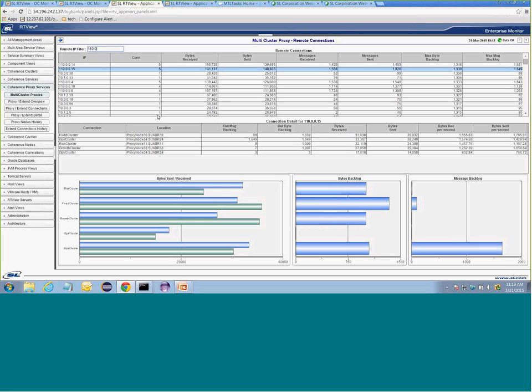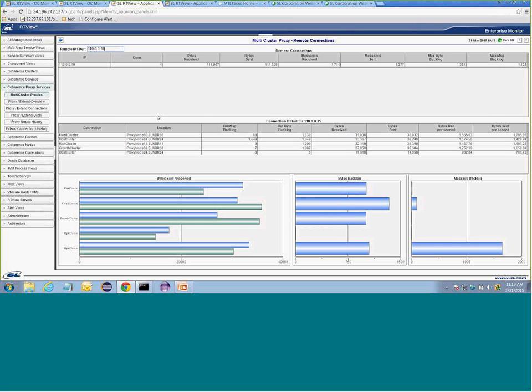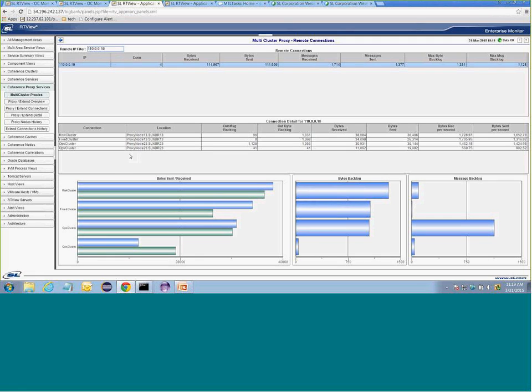And let's pick one that we can see here. So it's 0.0.10. And when it brings up the address node, you can quickly find where this user is connected to. And it'll allow me to actually go in and look at a proxy connection. So I know what nodes it's connected to within the proxy and whether I've been having any issues with those. You can look at both the task log for this individual item. You get to see the bytes received and sent for this particular app, as bytes sent and received per second. You also get to see the aggregate up here of these values, and in a stacked bar graph on the cluster. So you can see that the byte backlog for this item are here and here, as well as that.